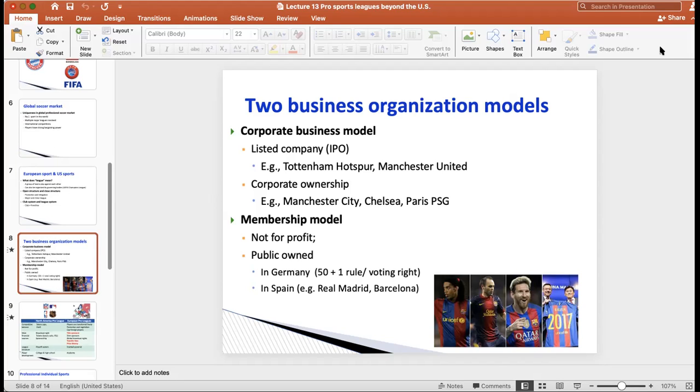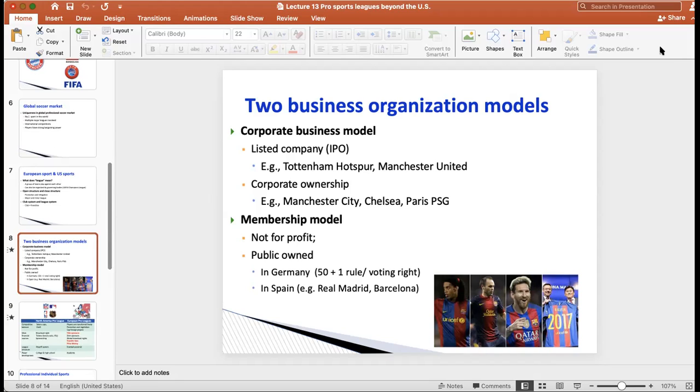The second type of ownership is called corporate ownership, right? It's similar to the ownership here in the US, basically owned by a private business, right? Examples are Manchester City, Chelsea, and also Paris PSG, right? For private ownership, if you're lucky and have a really wealthy owner, the team will be able